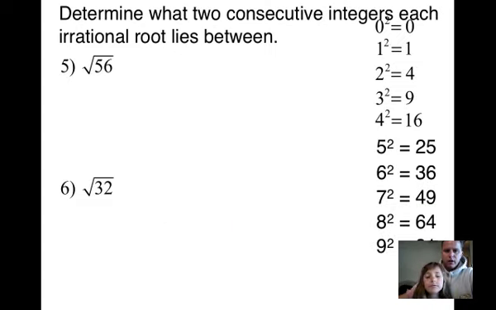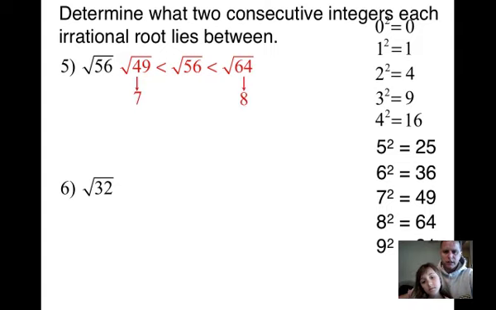Okay, do you know what two numbers, Gabby, we're going to use for 56? So look over at our chart, and what one's close to 56? Which two are, one's going to be above it and one's going to be below? 49 and 64. Good job. So then you take the square root of 49 is 7, and the square root of 64 is 8, and